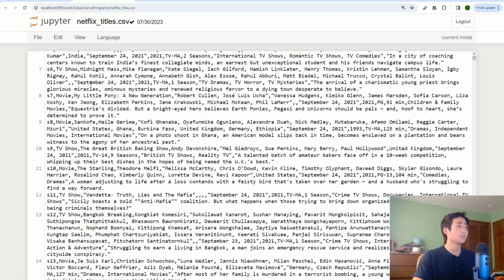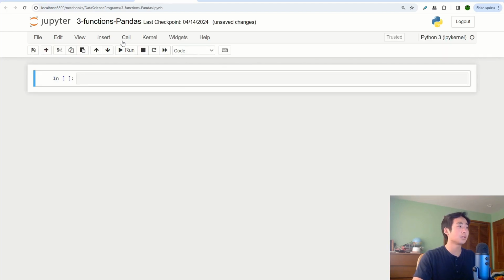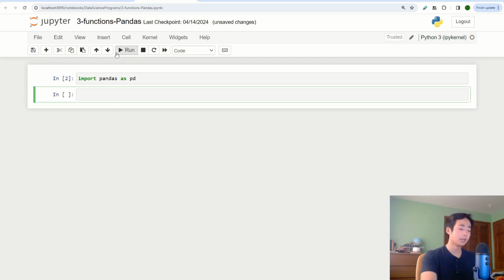And so if I go back to the Python notebook, I'm gonna have to import the pandas library before I can access any of the methods from it. So I'm gonna say import pandas as pd. That's just gonna import the pandas library. Do Control Enter to run the cell, and then I'm gonna create a new cell, and I'm gonna say df